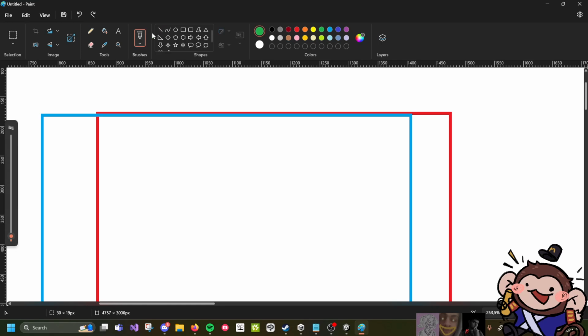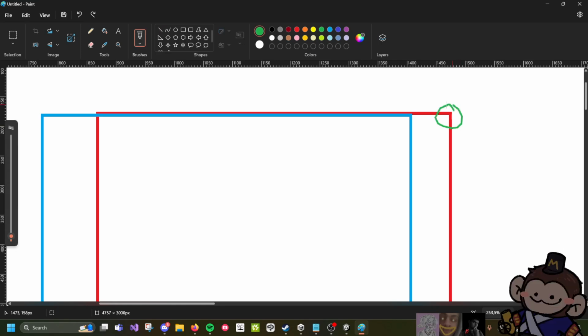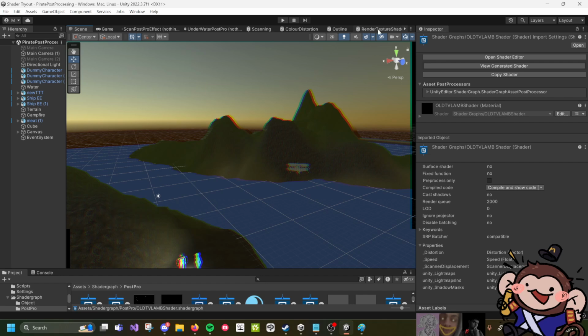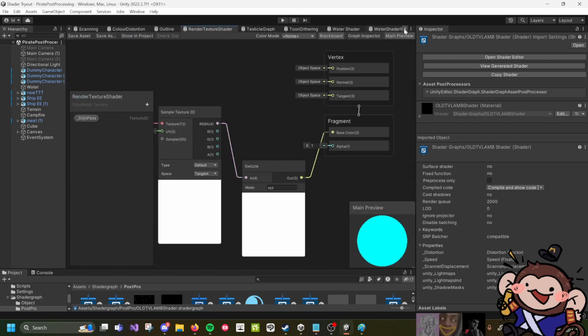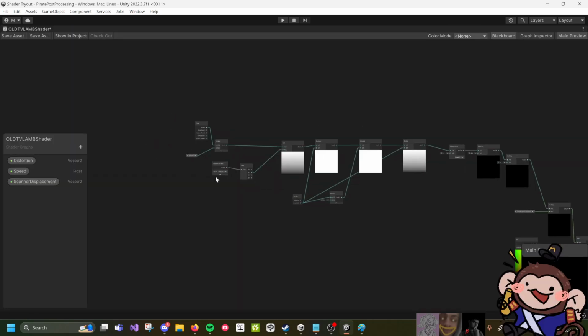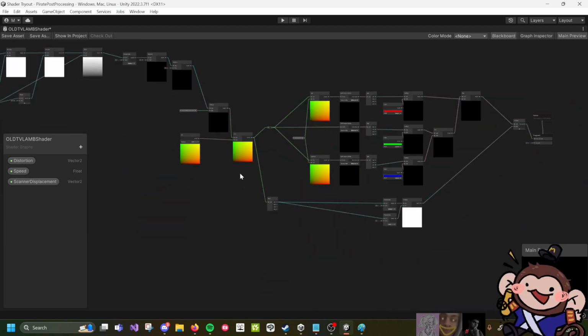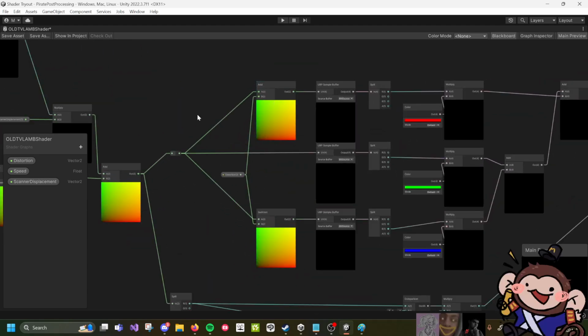If you get me. Yes. And then I do it through a bunch of maths that I automated. Oh my god, I have so many shaders. So we can ignore this part. And then for the chromatic aberration,